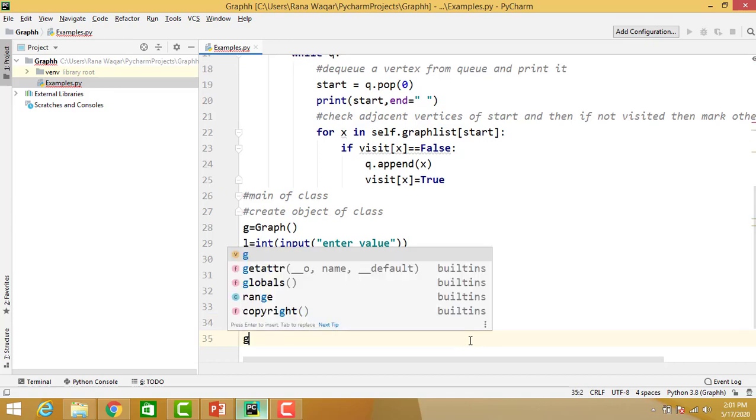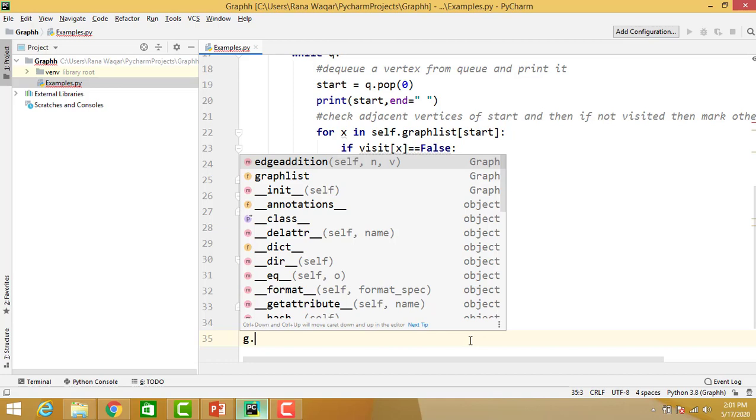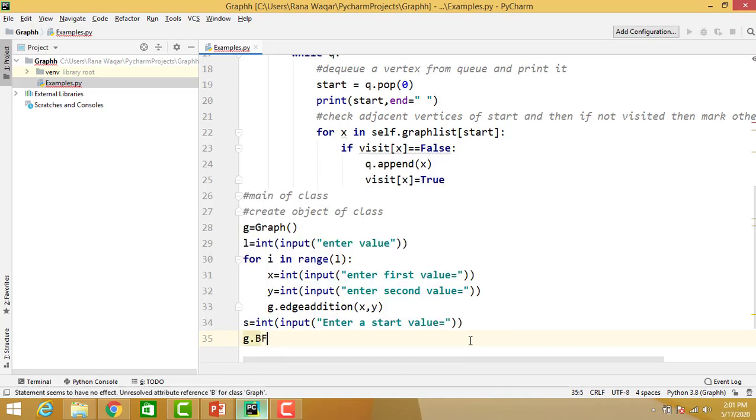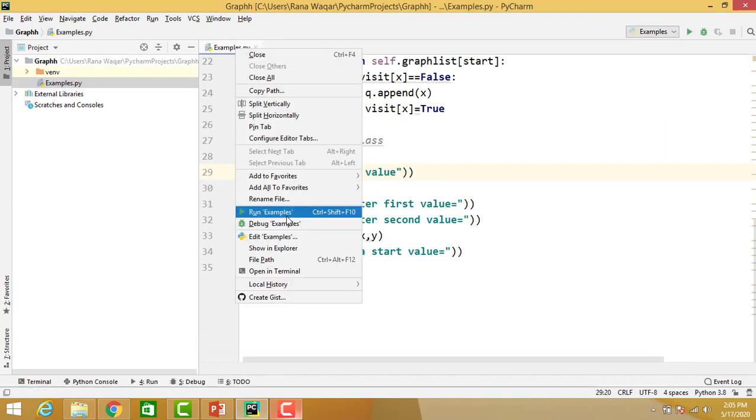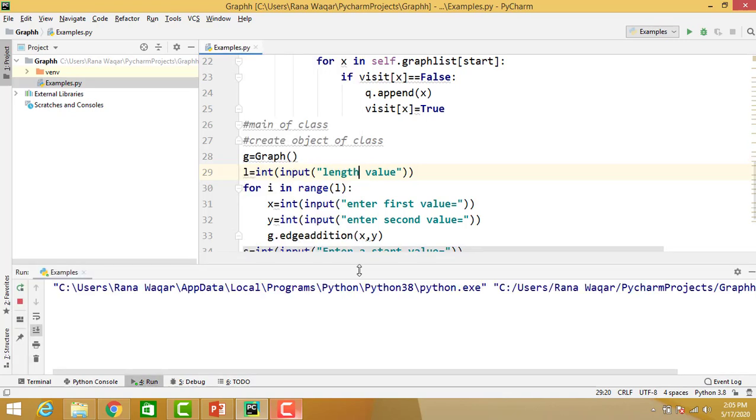G dot, and call the BFS function and pass this argument. Now run this file: right click on the file name and run examples.